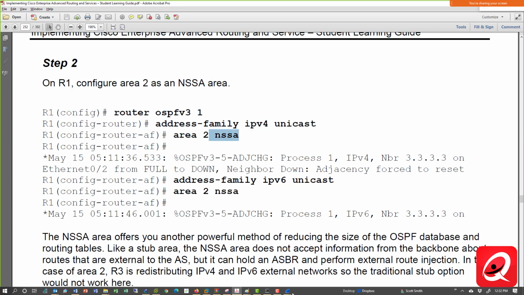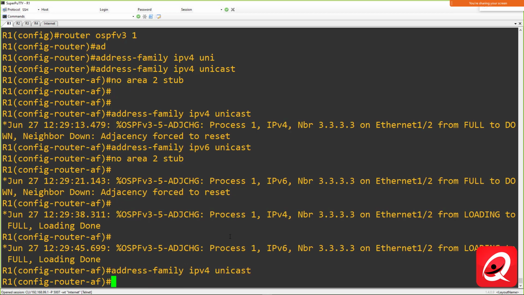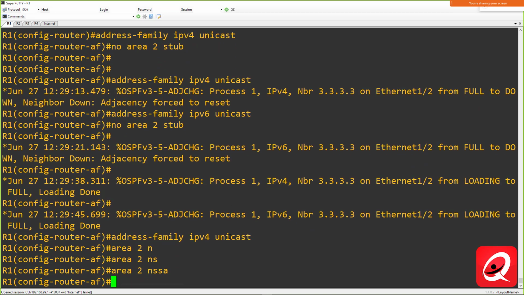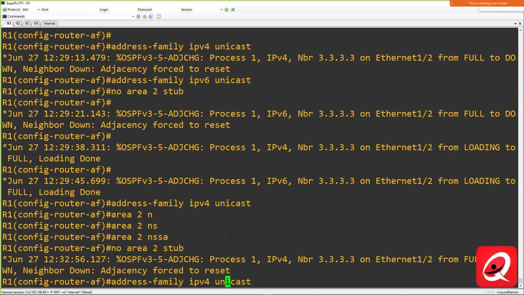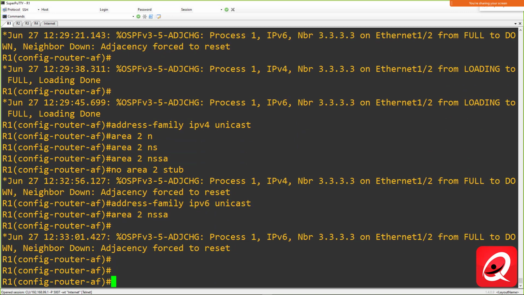Just make it a not so stubby area. So I'm in address family for v4, area 1 NSSA, and v6, area 1 NSSA. I lost my adjacency because, again, I now have that flag, and we'll look at the Wireshark